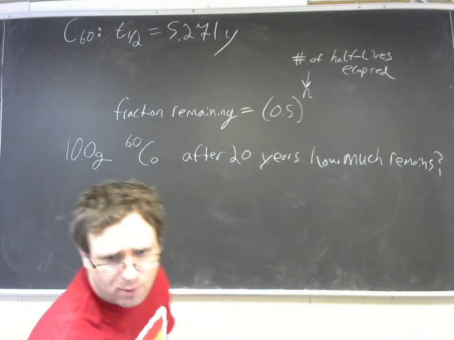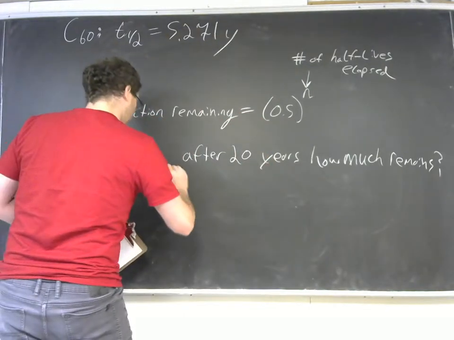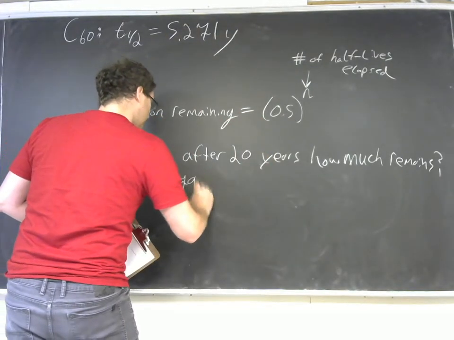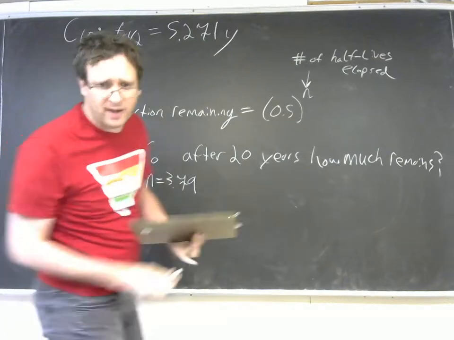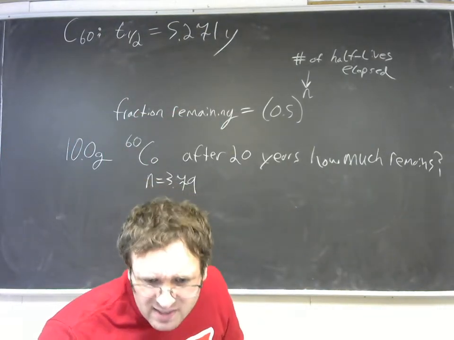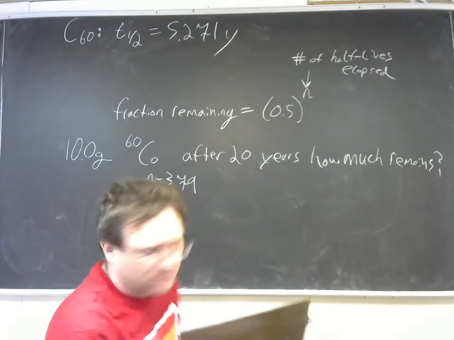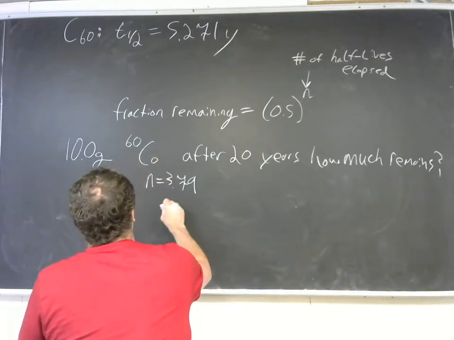That's 3.79 half-lives. So n is equal to 3.79 half-lives. And so we'll take 0.5 raised to the power of 3.79, and that's going to be the fraction